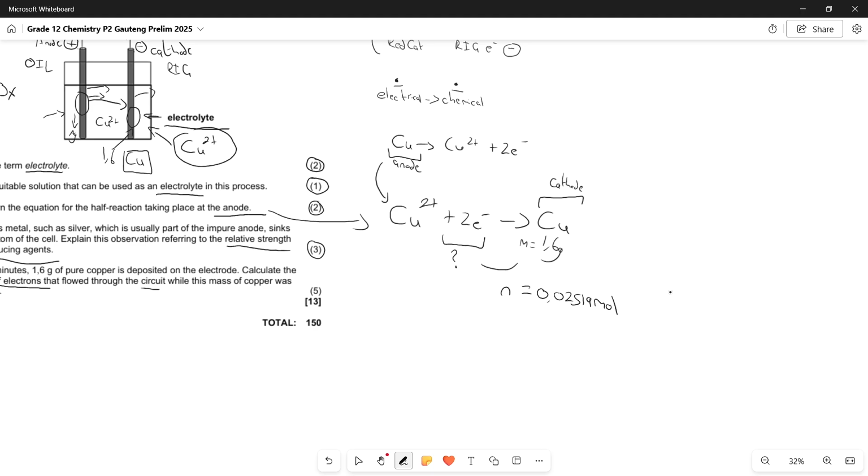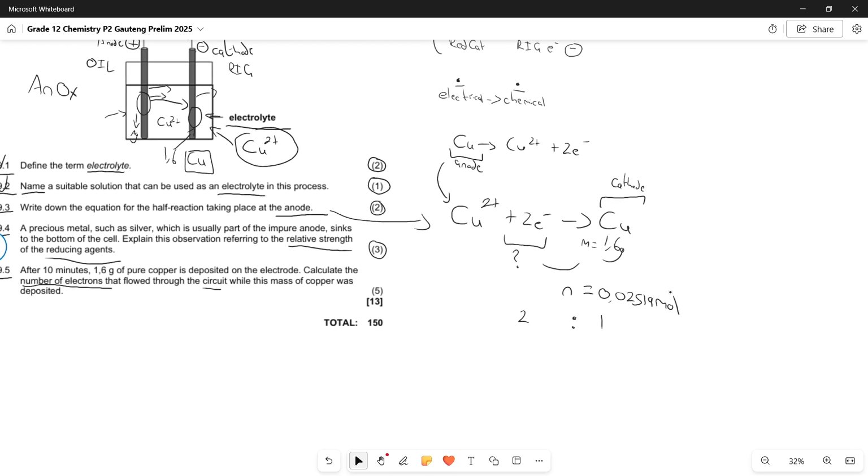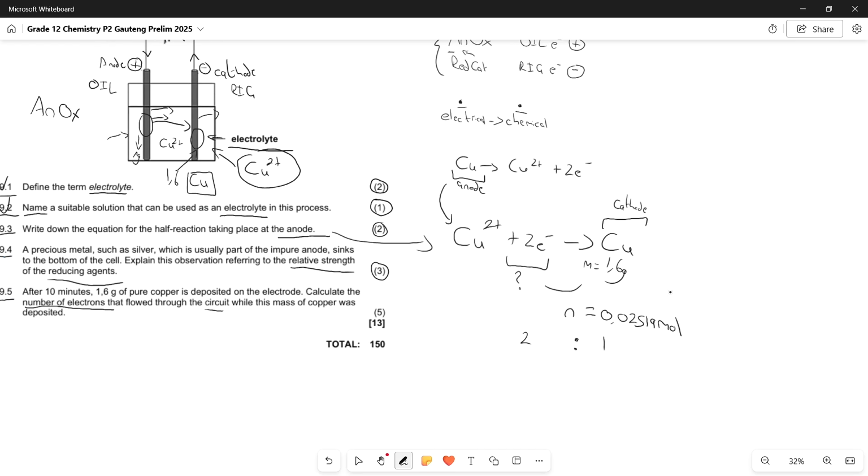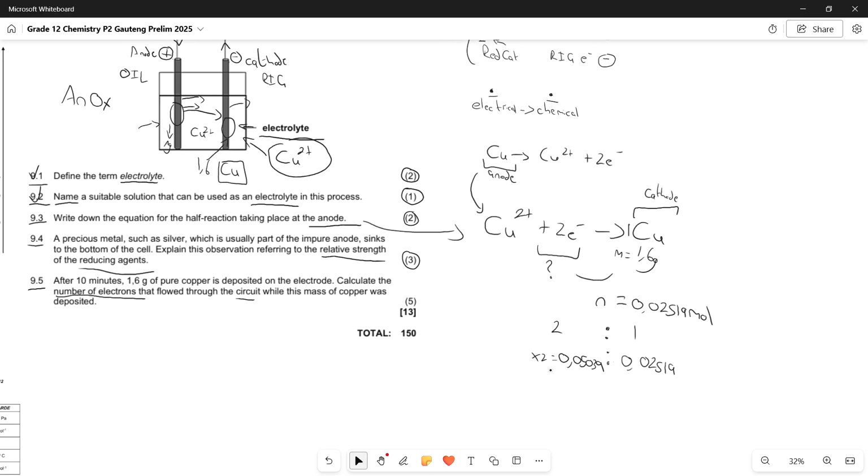Okay, which is great for us because if we have the moles of the copper over here, we can do a molar ratio of 2 for our electrons to 1 over here for our copper that we actually deposited onto that electrode. And as we can see here, there's a 1 in front of our copper. So 1 represents 0.02519 moles, which means we just have to multiply it by 2 in order to get this one over here, which means that we have 0.05039 for the amount of moles of the electrons in this beaker,